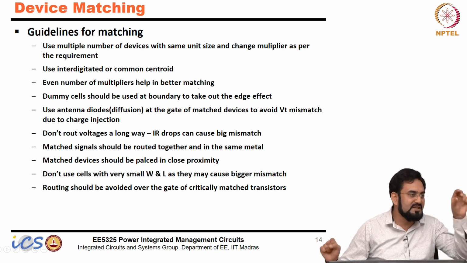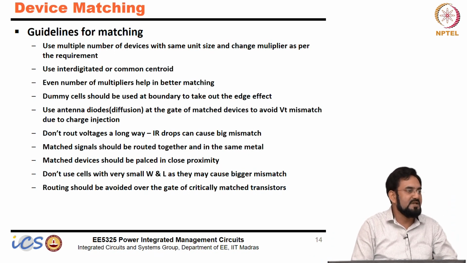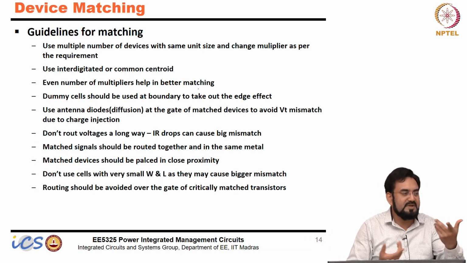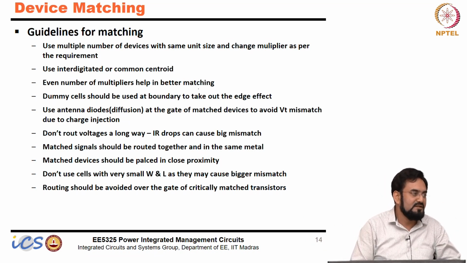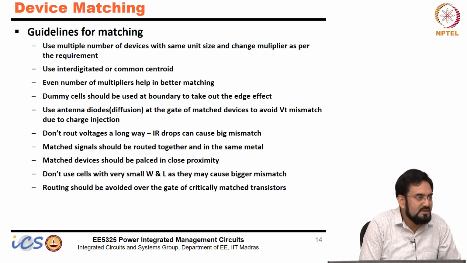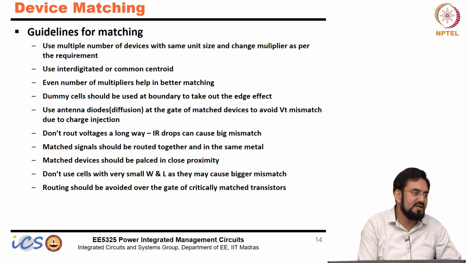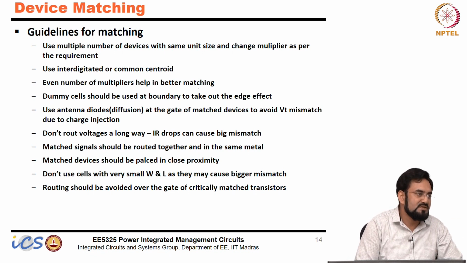If you have an odd number, then you will be left with one device, and the only option is to put it at the center. But if the other device also has an odd number, then you can only keep one at the center, so the other will not match. That's why it's better to choose an even number, unless you have only one device. If you have one device, you don't have any choice, but if you have more than one, it's better to choose an even number.